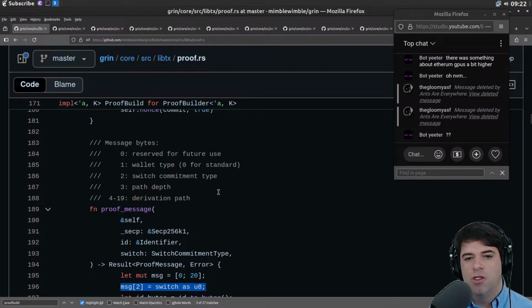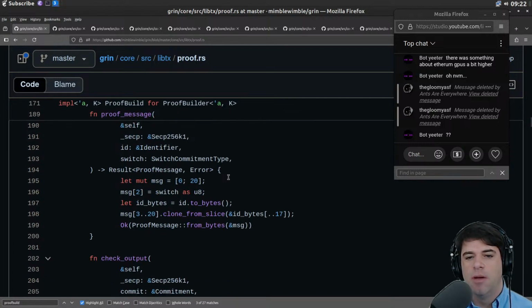Message 2 will be switch commitment type, whatever that is, some number. And then the ID bits, we're going to take the ID, make it into bytes, rather than bits. And then for 3 to 20, we're going to take the ID bytes. And then we're going to call proof message from bytes.